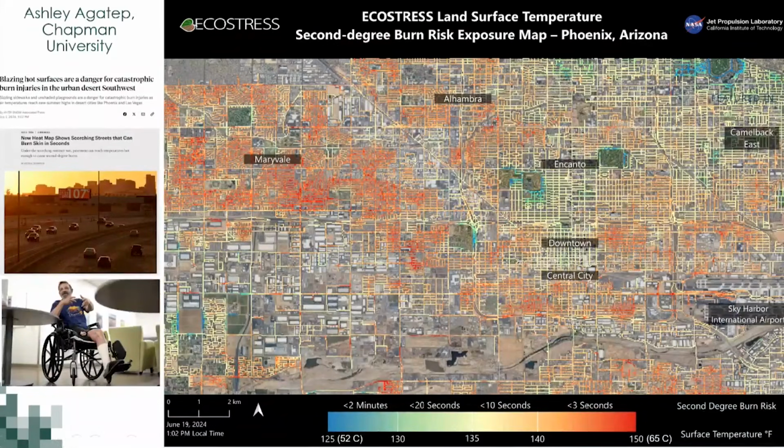Another real striking example here that got a ton of news media attention back in 2024 was led by Ashley Agatep, also from Chapman, another summer student of ours. In 2024, actually in 2023 as well, there was suddenly a very sharp spike in hospitalizations from people in the Phoenix area from severe contact burns. And these were mostly due to several extreme heat events that occurred over those 2 years, and actually resulted in